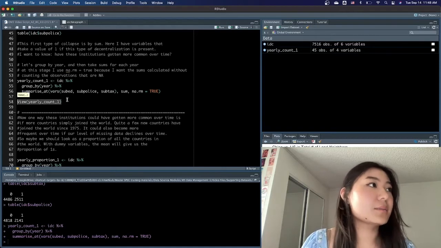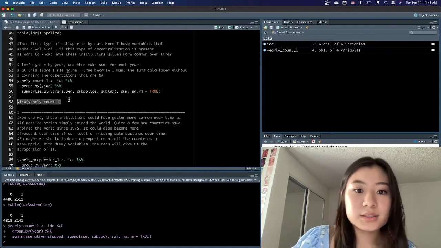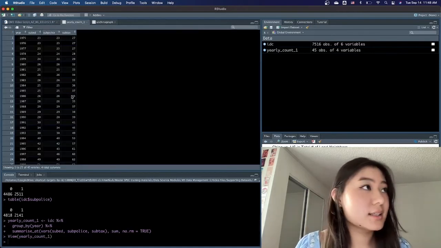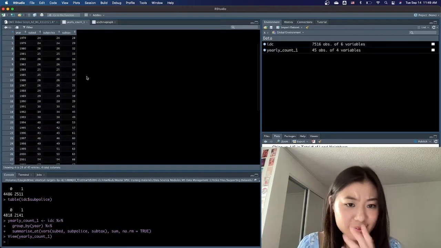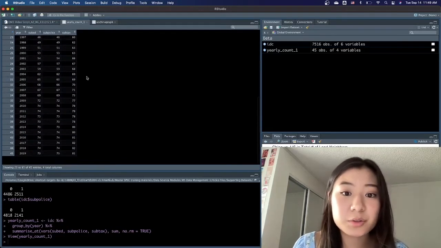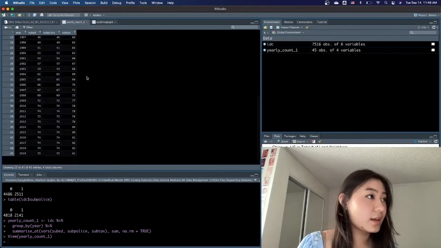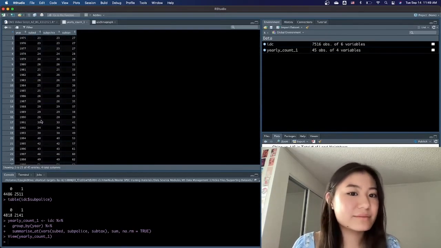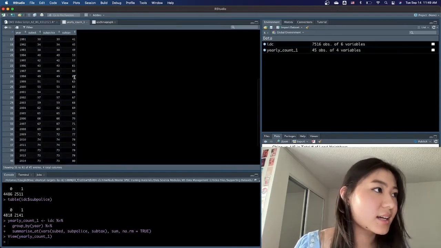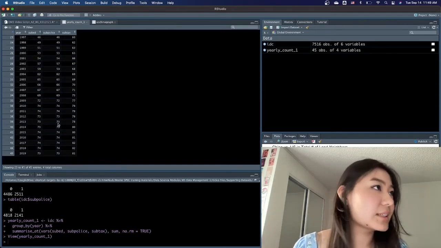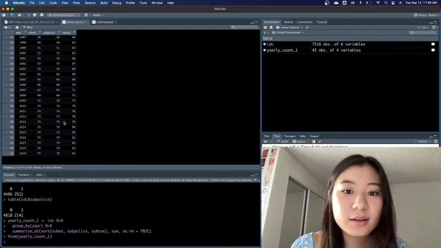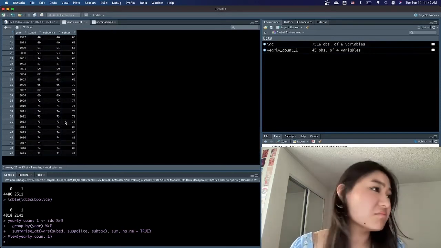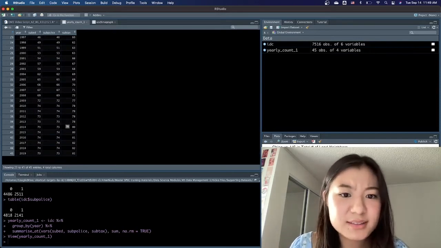And this is going to be called yearly count 1. So I'm going to display that object. And, well, since we don't have country year data anymore, we just have year. And the totals for each of our three variables, it looks like subtax is increasing in frequency, as well as subpolice and subed, increasing over time more or less.